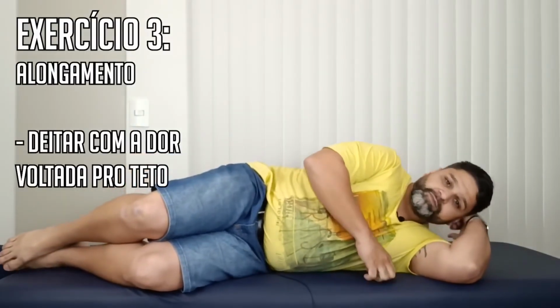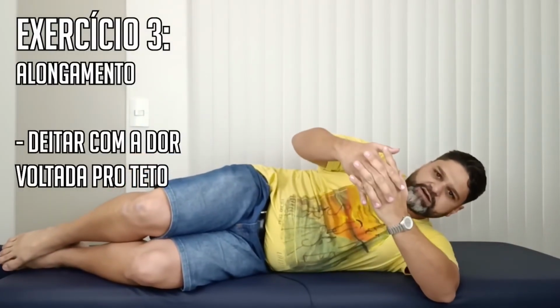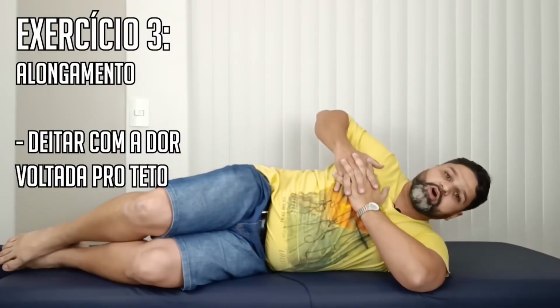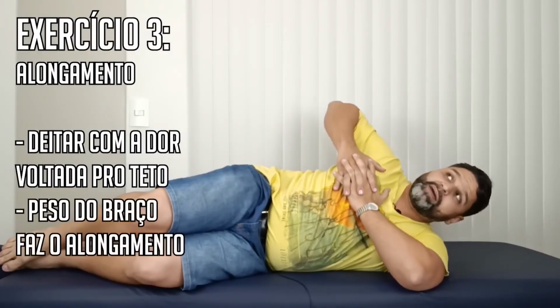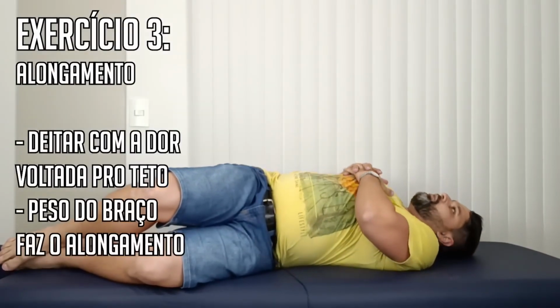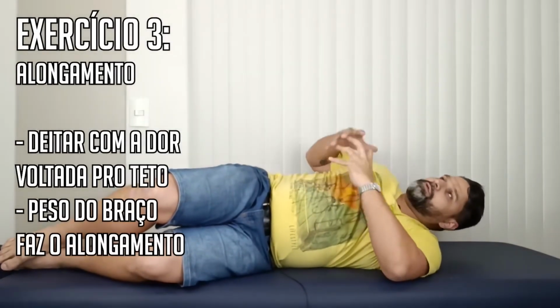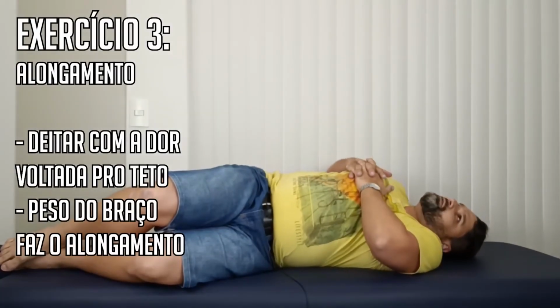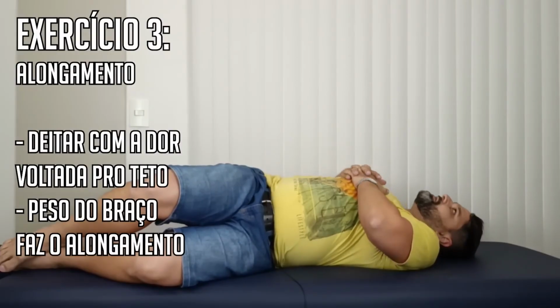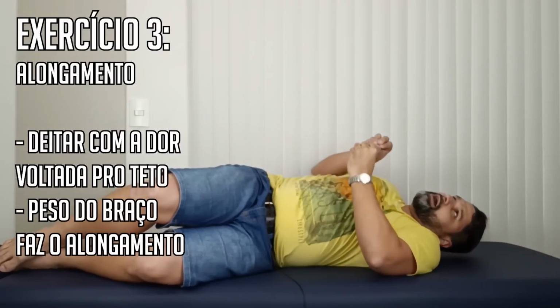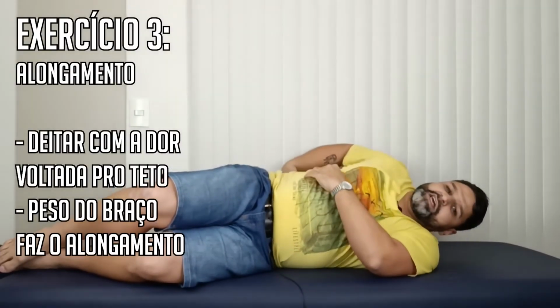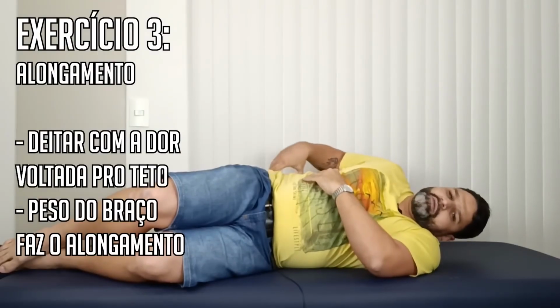Lying on your side, you're going to cross and interlace your fingers, like this. Place it here on your right chest and let the weight of your arm rotate your body as if you were turning your chest back toward the ceiling. Go slowly, only as far as is comfortable for you. When you reach your limit where you feel the stretch, you'll notice it's stretching your quadratus lumborum area,